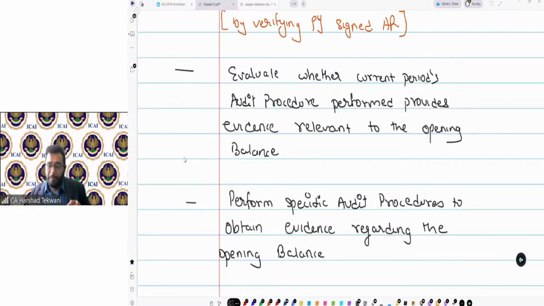Understand my point? When I'm getting evidence from the current year procedures, fine for me. If I'm not getting it, then on a case-to-case basis, I need to evaluate what I could do further.